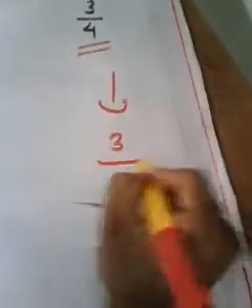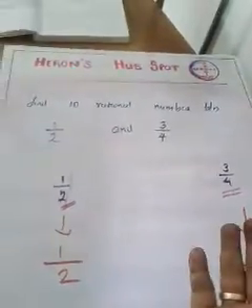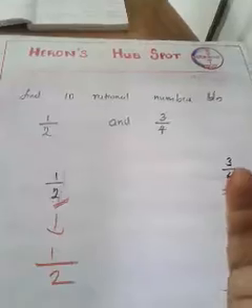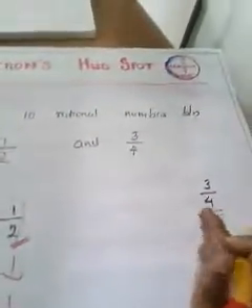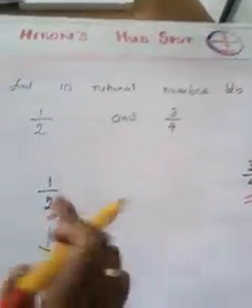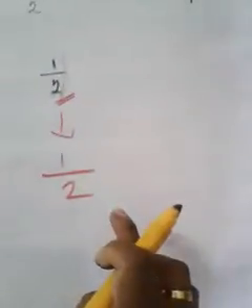That means 1 by 2, 3 by 4 are the numbers with us. Since I chose 100, how did I get 100? I'm thinking about the multiples of 2 and multiples of 4. I found that 20 is a common multiple, then 24 is a common multiple, 28 is a common multiple of 2 and 4, but I need a little more bigger. So in that way, when I'm thinking, I got 100. 100 is a multiple of 2, 100 is a multiple of 4 also. And I'm going to make both denominators 100.